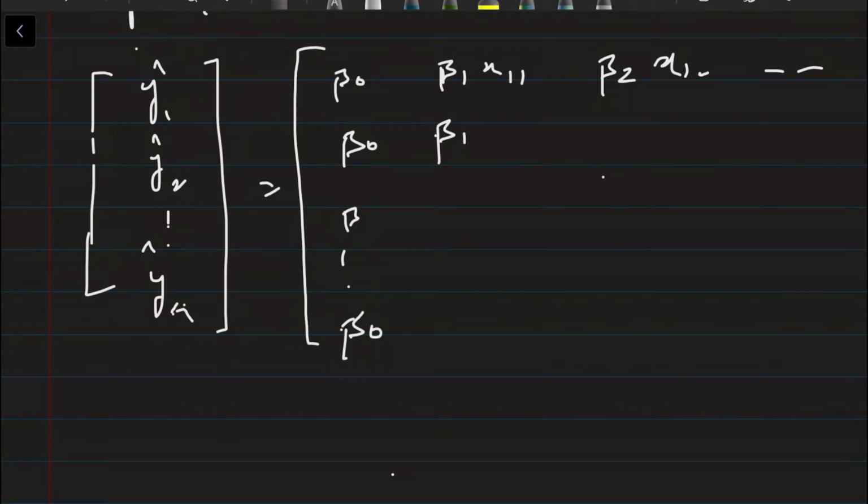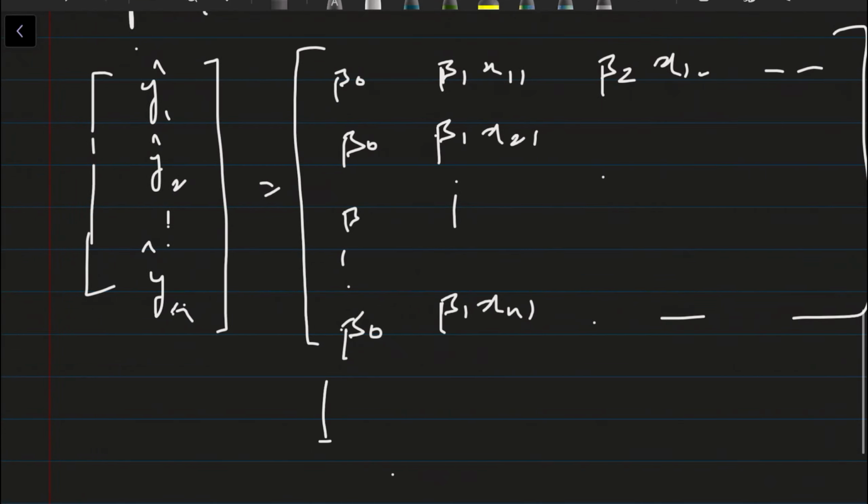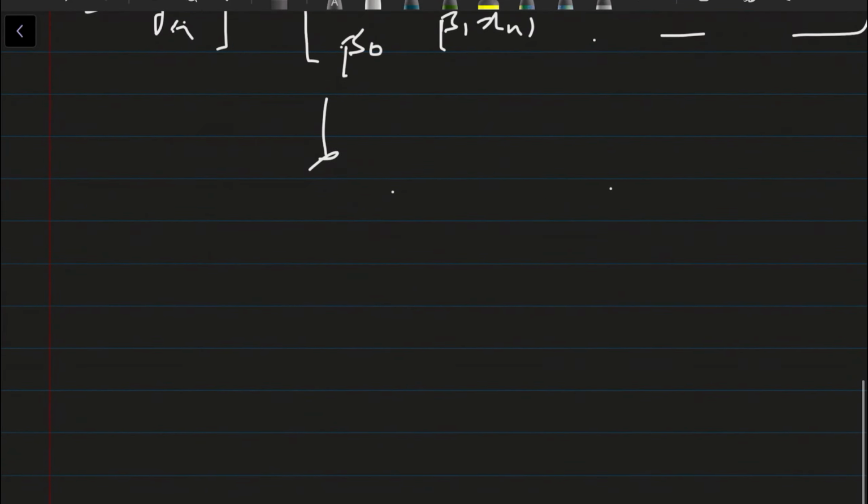So here beta 1 x21, and so on, beta 1 xn1 and so on. Okay, so we can take out beta 1, beta 2, beta 3 outside, right? This is entirely based on matrices, so I hope you have a basic idea of matrices. Okay, so this is converted into